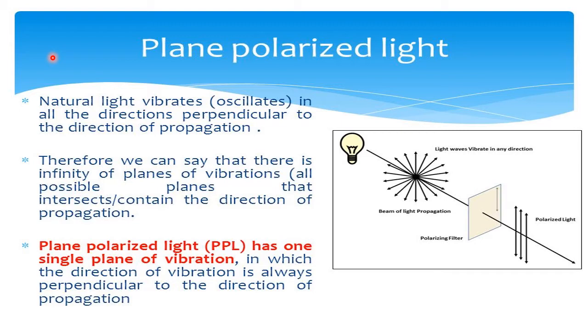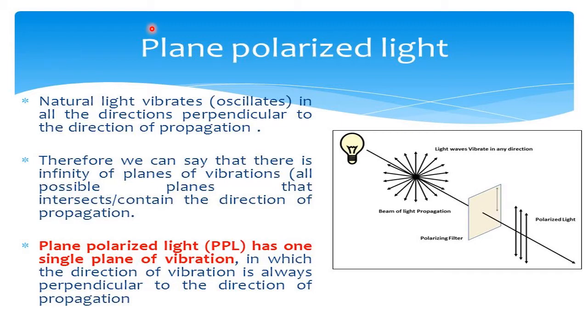So light, which is polarized? Light's plane is polarized because light moves in all the planes: X plane, Y plane, Z plane, XY, YZ, ZX. So in all the planes light moves as electromagnetic radiation. But if that light is passed via a Nicol prism, the Nicol prism is like a political leader. It has the ability to polarize the plane. That means after coming out of the Nicol prism, light will move in only one plane. That is called plane polarized light, or in short PPL.